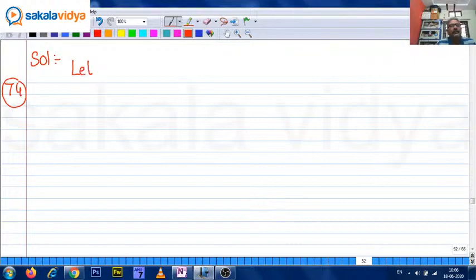let us say function g of x equals sine inverse of x minus 3. The sine inverse of x minus 3 is defined only when it lies